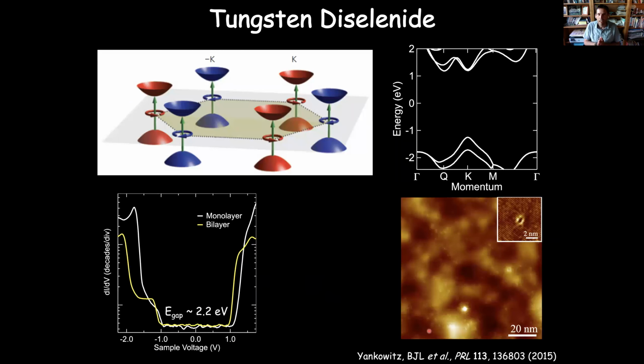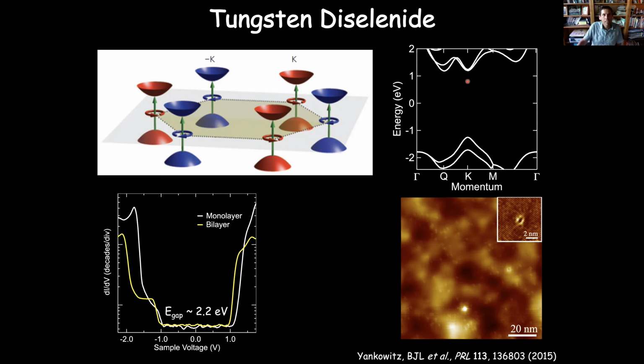So the first thing, just a quick, if you are not familiar with tungsten diselenide, it is a semiconducting material. It has a band gap of about 2 electron volts. And so here are measurements of the density of states as a function of energy for a monolayer and a Bernal stacked bilayer. The bilayer has a slightly smaller energy gap, but they're both on the order of 2.1, 2.2 electron volts. And those states are centered basically at this K point in momentum space.